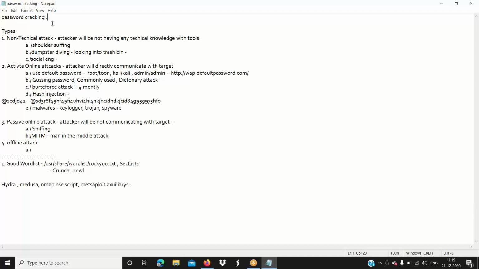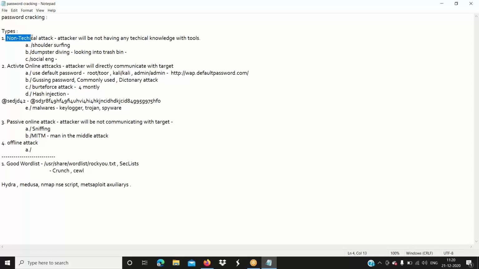If you're using a very strong password, it's very difficult for an attacker to guess it, brute force it, or find the right word list to crack it. So here we have four different types of attack vectors which attackers will use to gain passwords.